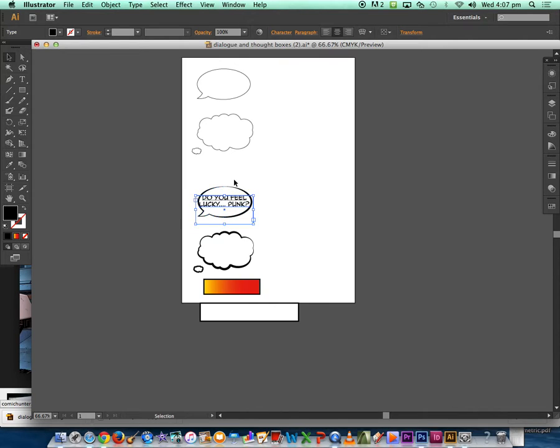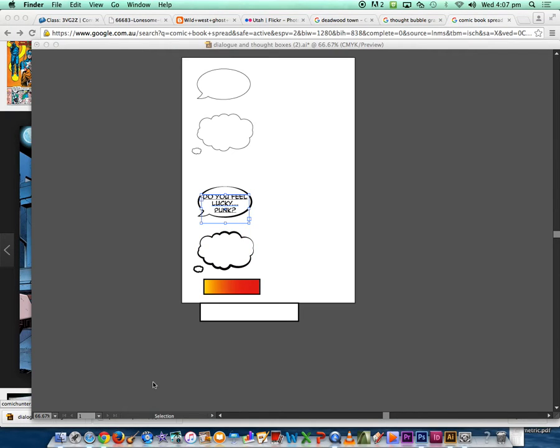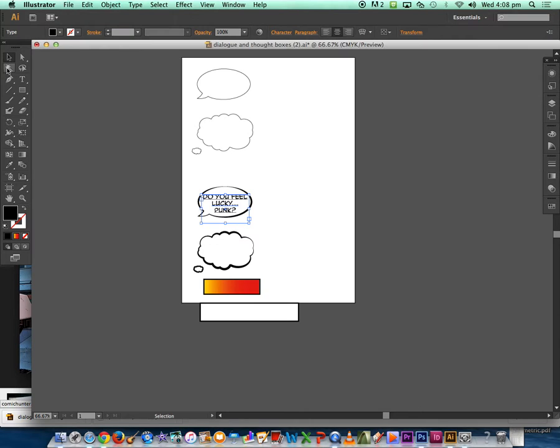I'll put on Compass different comic fonts that you can go through and use, and that will be in the comic font folder on Compass. And the second one,